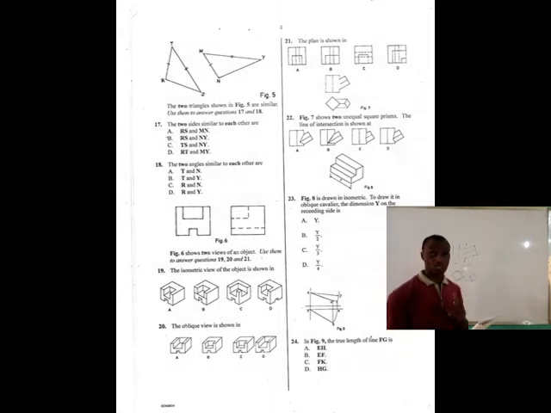The reason why it is not B is because this line did not touch here. Had this line reached this point, like this, we would say the answer is B. But it is A, so that means it stops somewhere halfway this way. From here, we have a line to help us get this. Had it touched here, we can say it is B. So be careful with these observations.